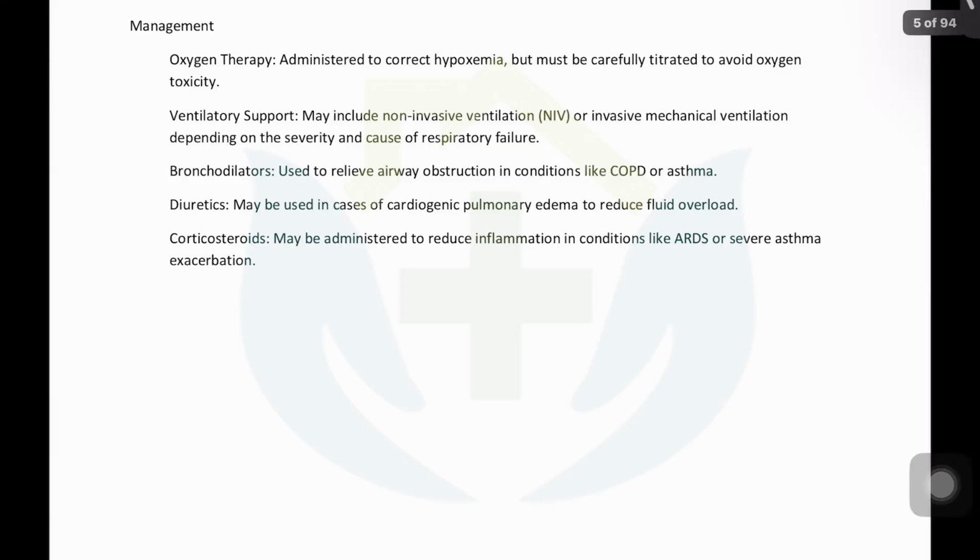And if you go by 6 liters, then 6 fours are 24, and adding 24 to 21, you can practically go up to 45% of oxygen concentration. You cannot go beyond that. So whatever flows you are increasing on the nasal cannula are not going to add up into the FiO2 levels.